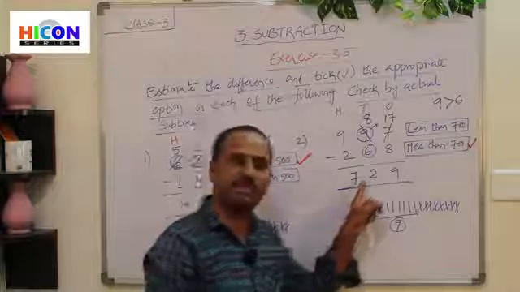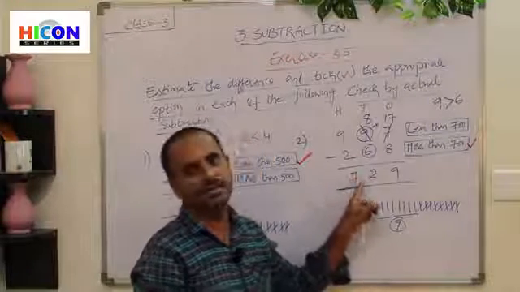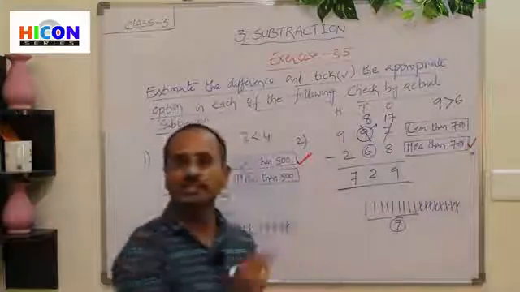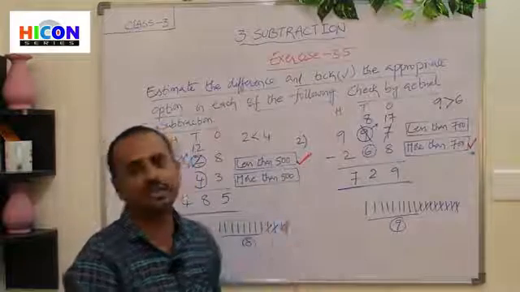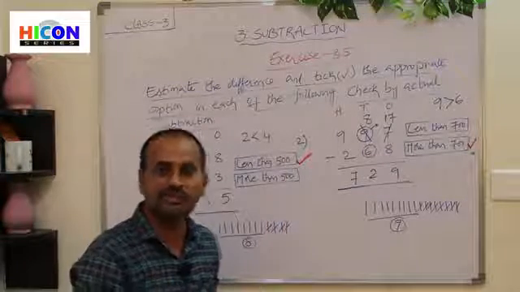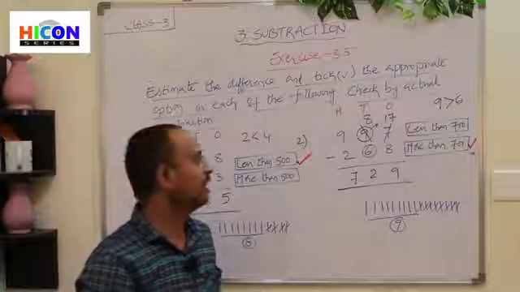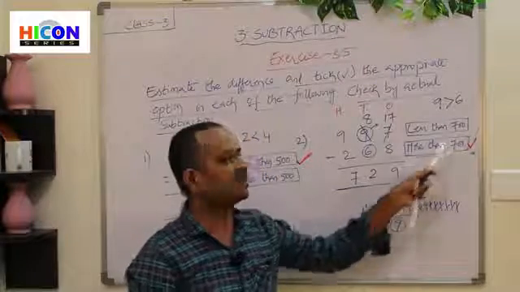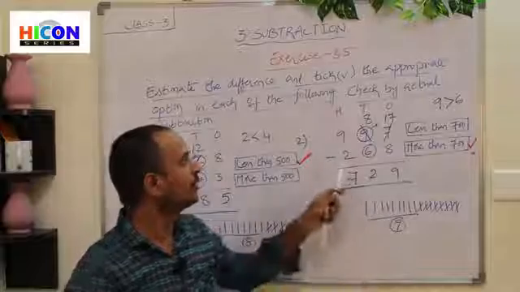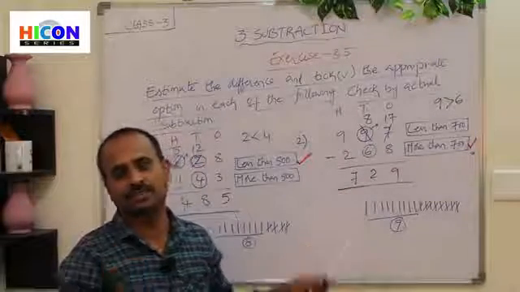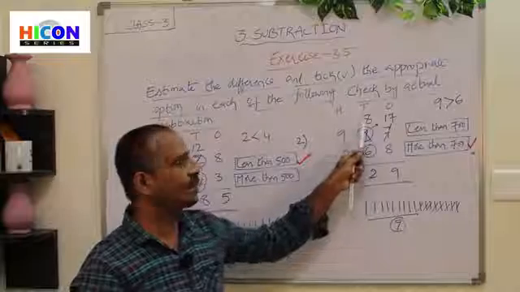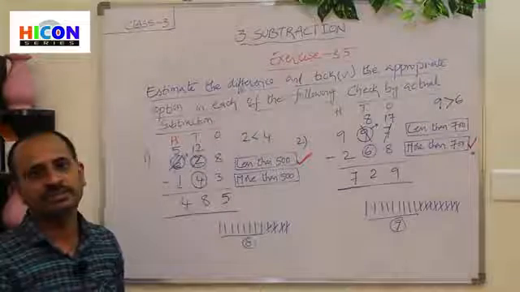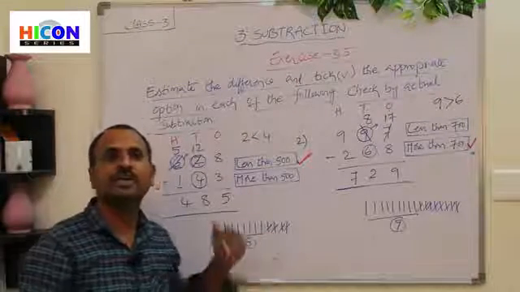Whether it is greater than 700 or less than 700, it is greater than 700, that means more than 700. So our estimation is correct. In this way, we can estimate the difference of two numbers and compare that estimation with another number. The simple technique is to check the second digits. If the first digit is more, the difference is also more. If the first digit is less, the difference is also less.